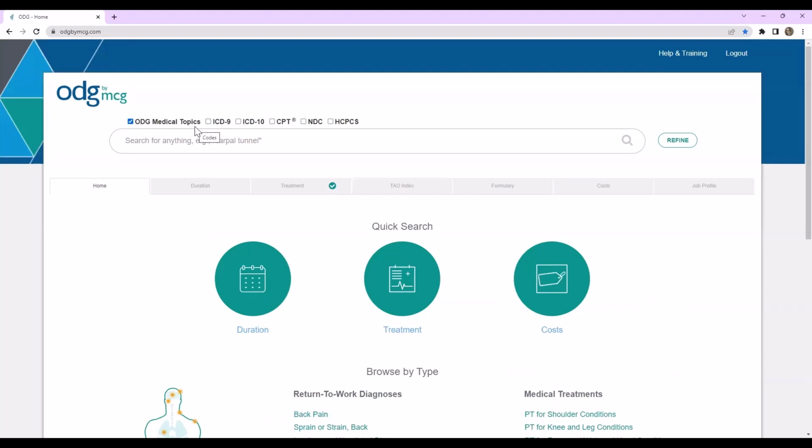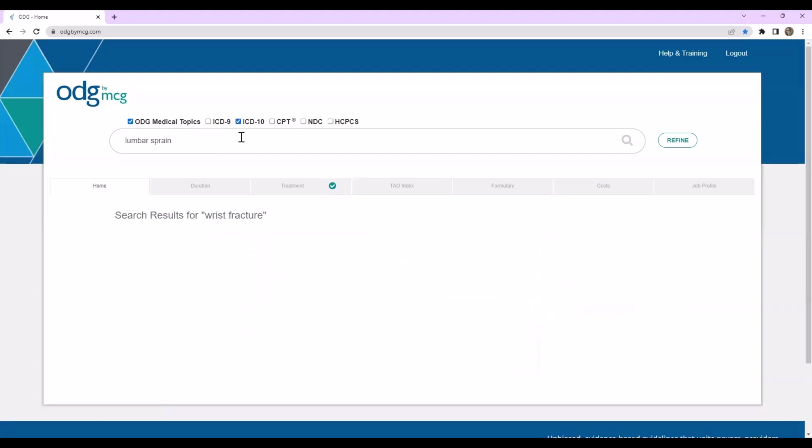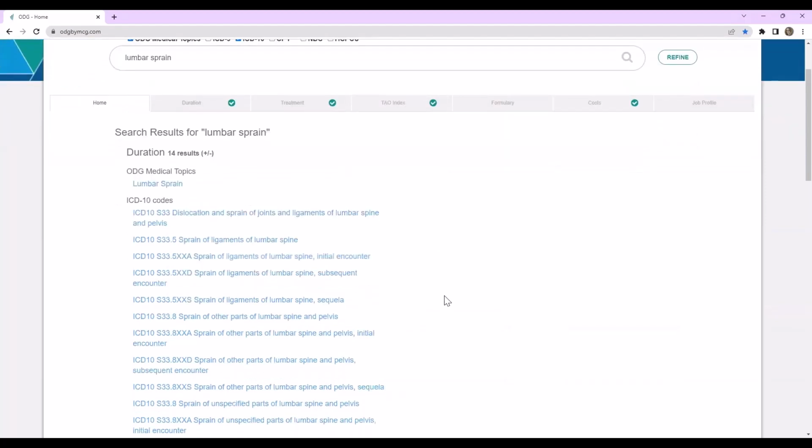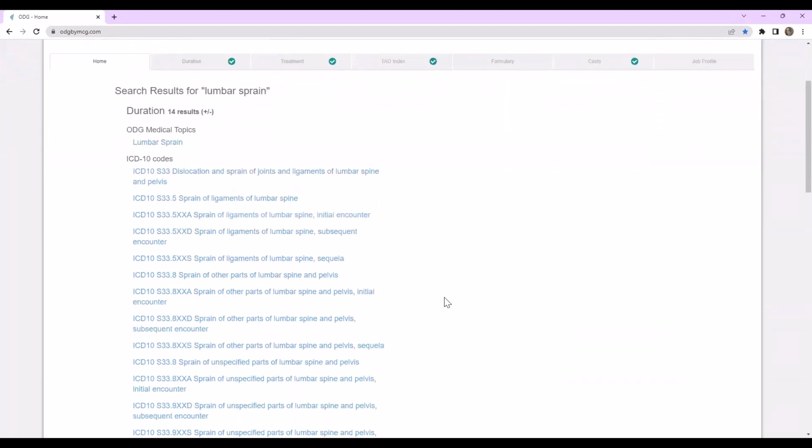medical topics instead of delivering results by code. And this was by design. When an end user does not have an ICD code, but receives results at the ICD level, it can be overwhelming. ICD-10s can get extremely specific, so it's not necessarily all that helpful to see 14 different results for one